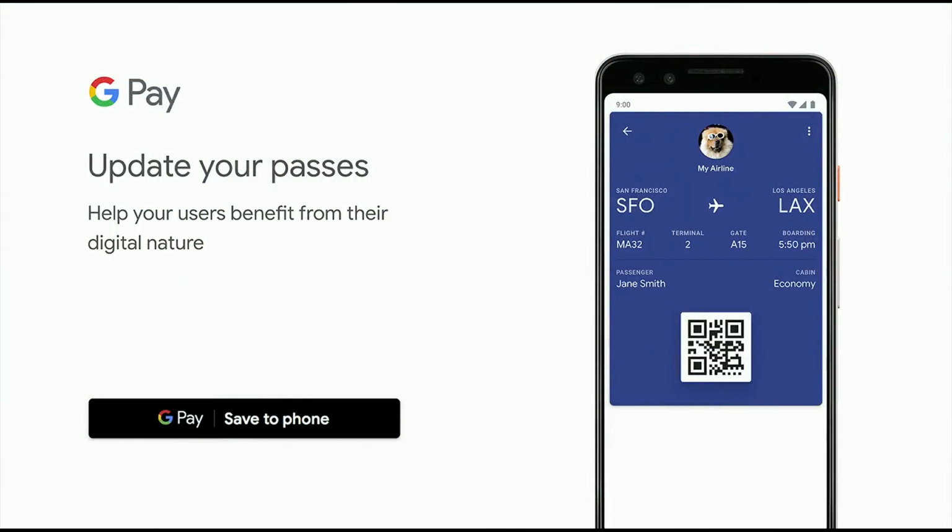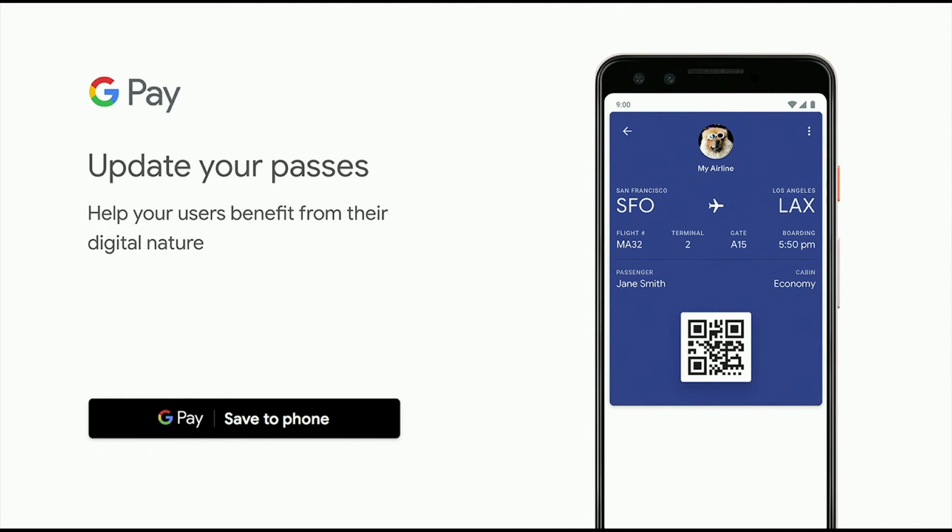And then update your passes. The power of digital passes is that they are digital, so they can be updated in real time at any time. Compared to paper, if a user just gets new points, you can reflect it right away on the pass. If they got a new seat upgrade on their plane or transit, that's something you can show. If they got a new airline tier, you can change the color and make it look different so the user feels like they achieved something.